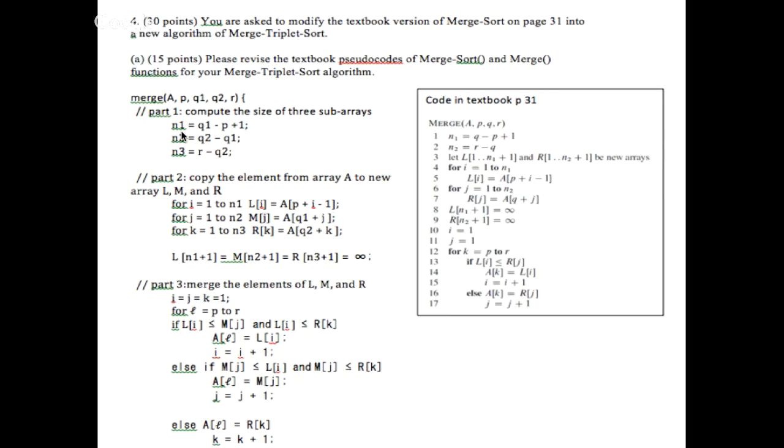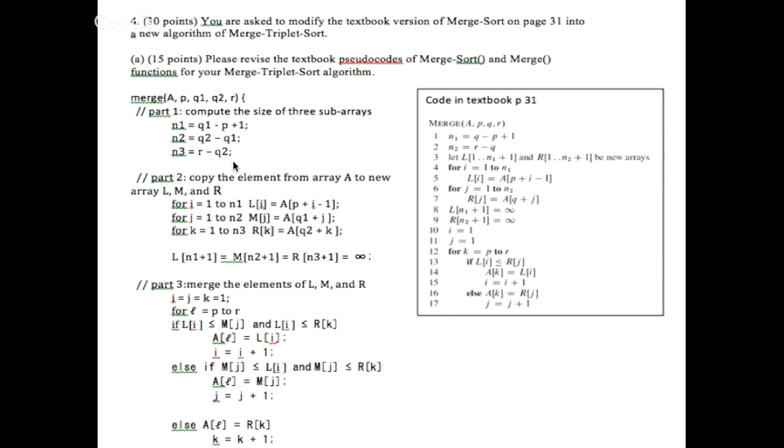So N1 would be the last element of the new subarray N1. And then N2 is the last element of the another subarray. And then N3 is the last element